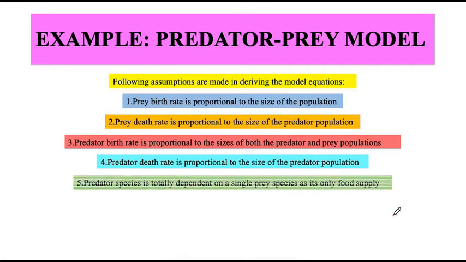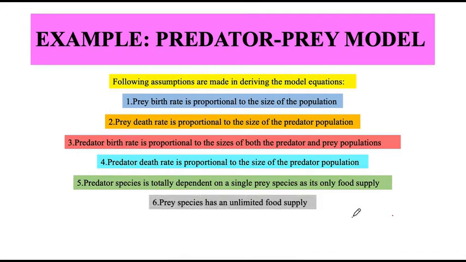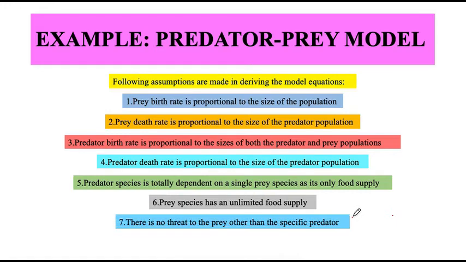The further assumption is that the predator, the big fish, have nothing else to eat except the small fish. In other words, the predator species is totally dependent on a single source, the small fish, for food supply. And the prey species are such that they have unlimited food supply and nobody else eats them except the big fish, and there is no threat to the prey apart from this specific predator, which is a big fish. Okay,